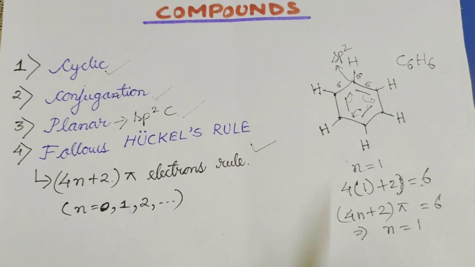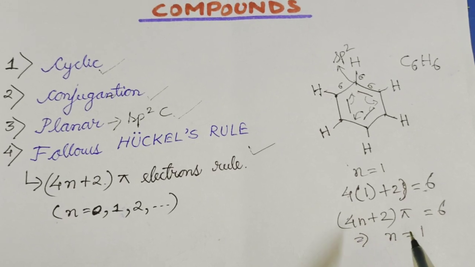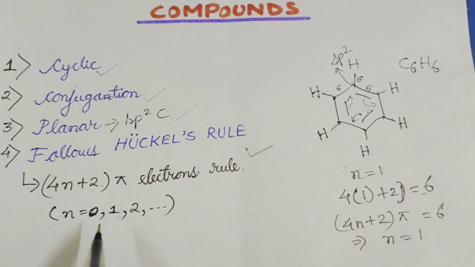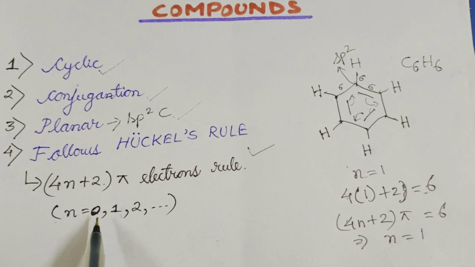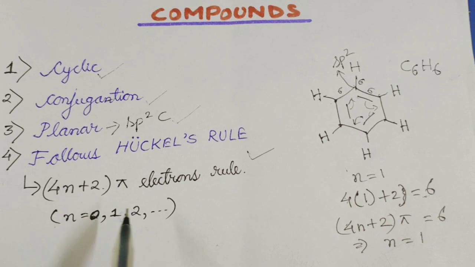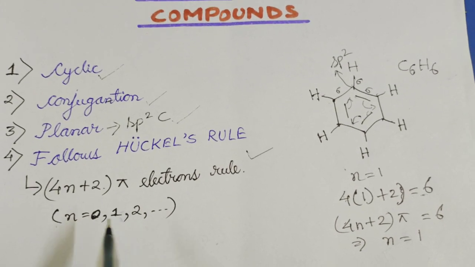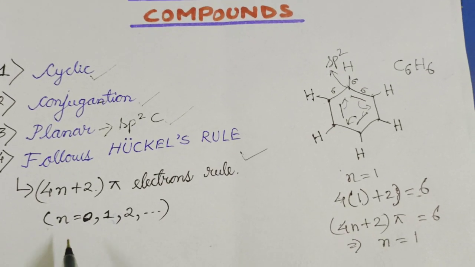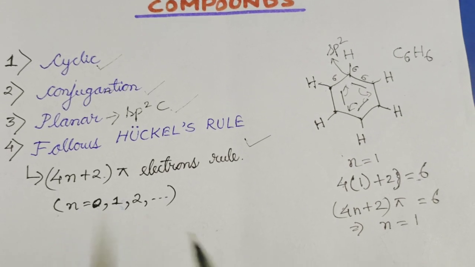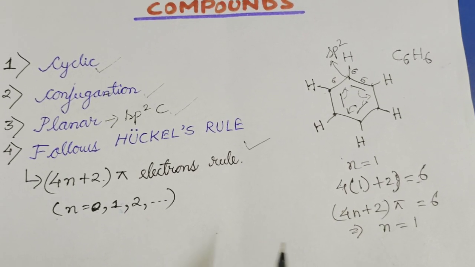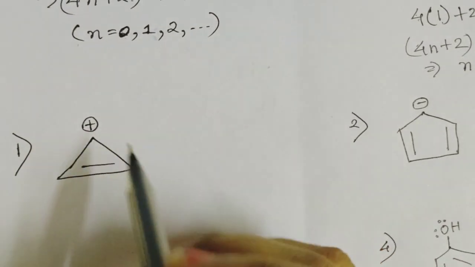I hope you are getting it. Means, see, n cannot be any fraction. n has to be an integer, that is, starting from 0 itself. It must be a whole number basically, no fraction, just a whole number starting from 0. Then if we want to talk about other examples, we would discuss this further. Now moving ahead to examples.